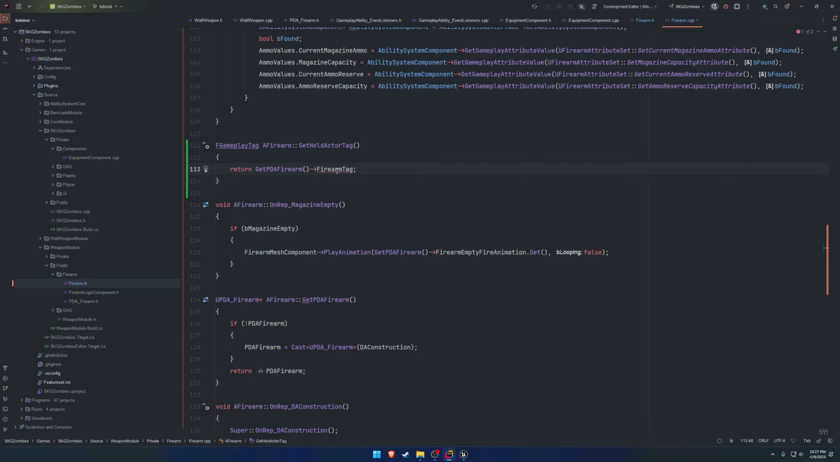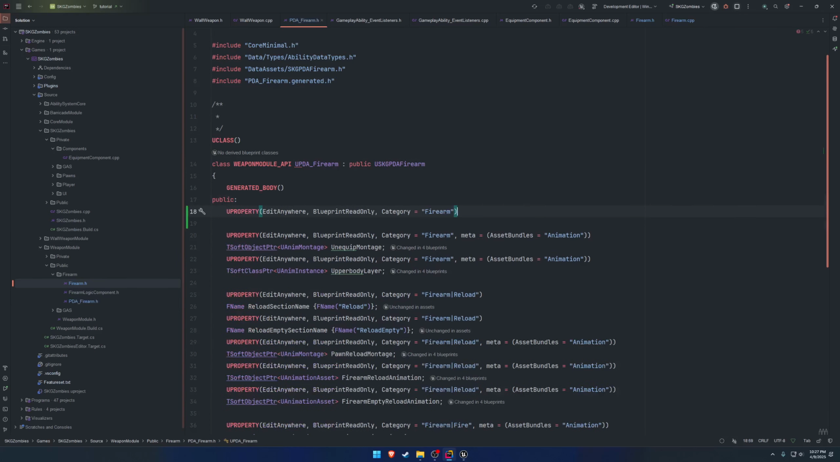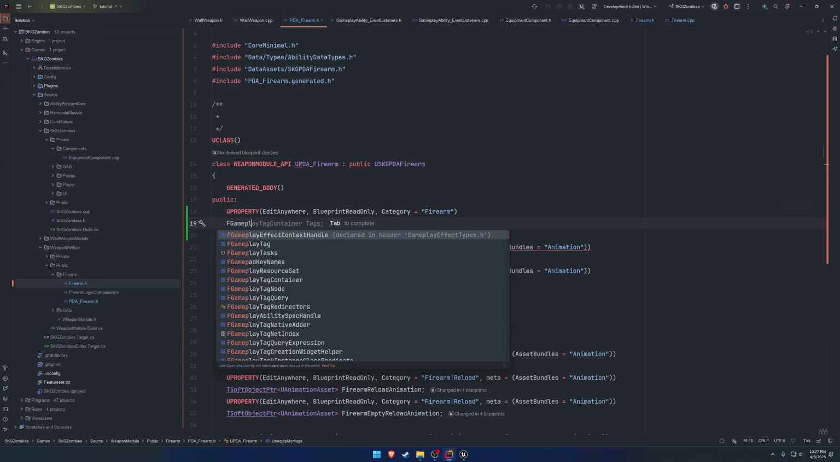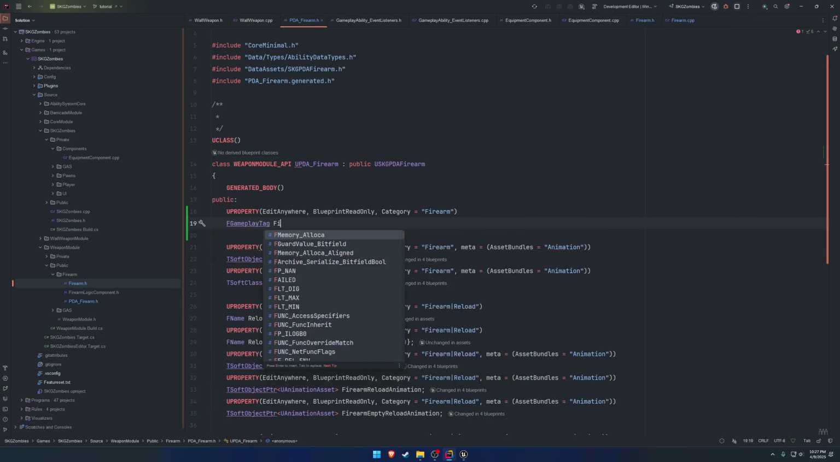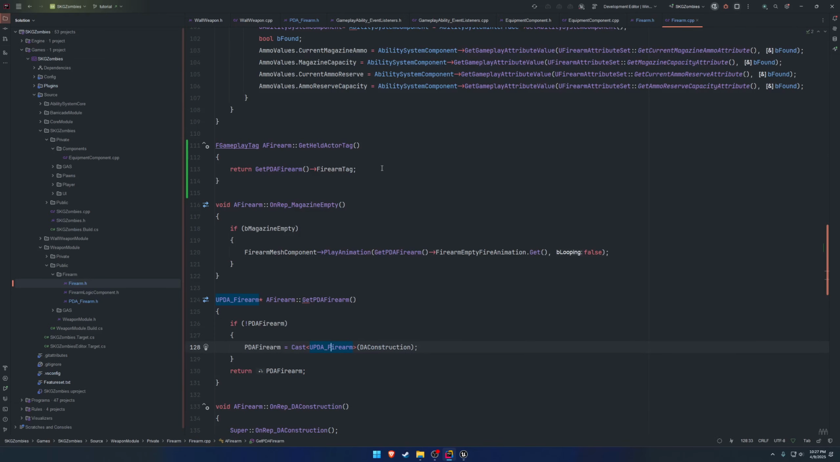So we need to make this tag here. So let's go to our UPDAFirearm, make a new property at the top, and this will be the FGameplayTag, and call it FirearmTag. So now that we have that, our firearm can return it. So we are good to go there. So we can close out of the firearm